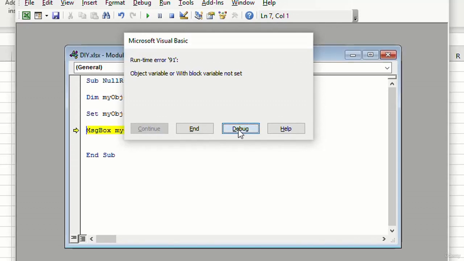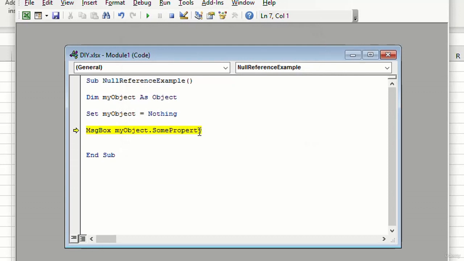And if you try to debug it, it will tell you the line where the problem is. This is what we call the non-reference error. To handle this error, we can use the On Error GoTo. So to do that, all we need to do is come over here and input it here: On Error